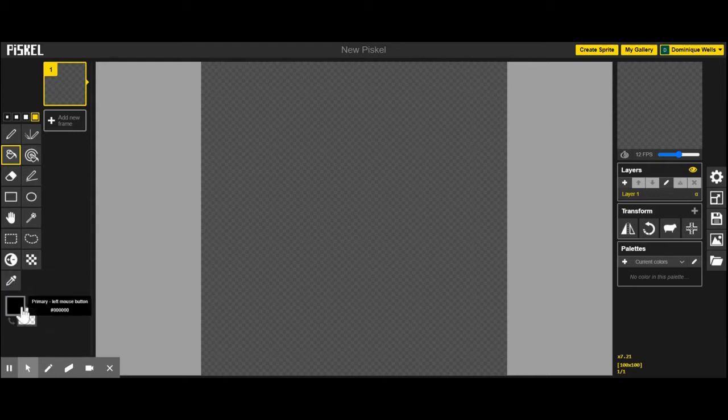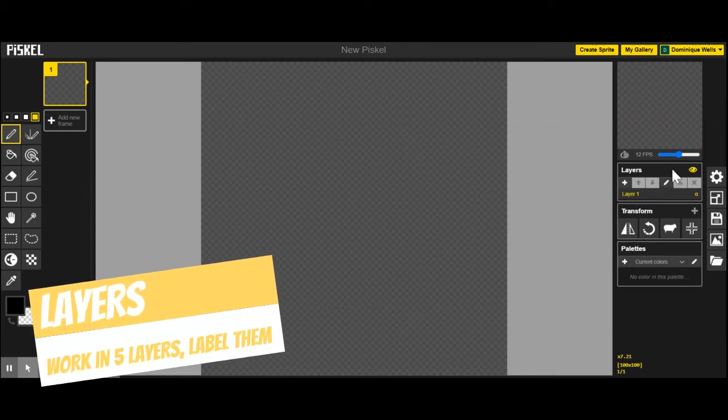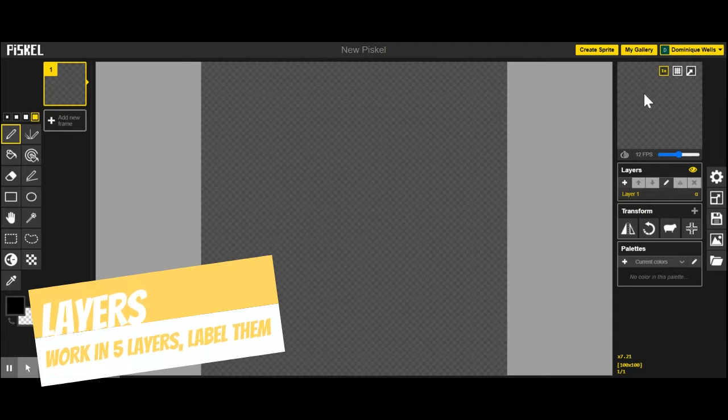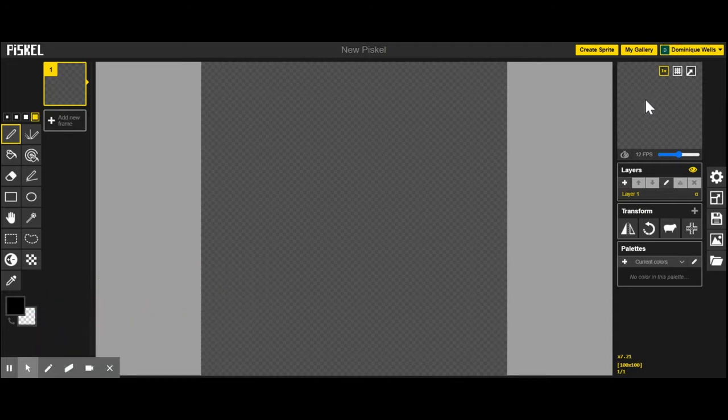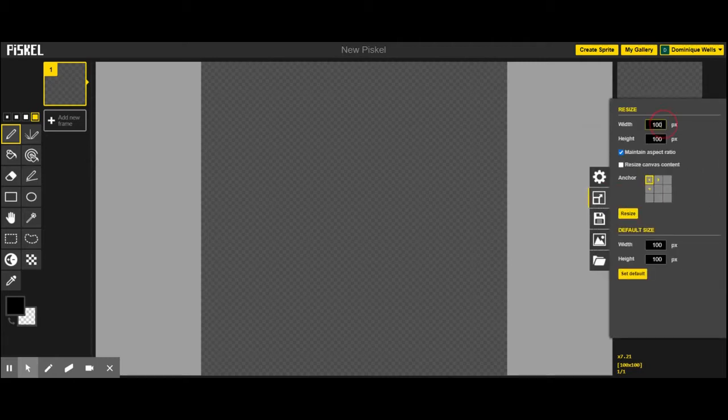There is our color swatches that we'll be using, but we're going to start with the pen tool. So over on the side here, we've got just the layers and our preview. We only will be using these today. So what we'll be doing is creating layers as well. But first of all, what we need to do is change the size,